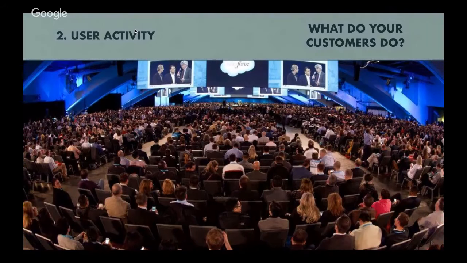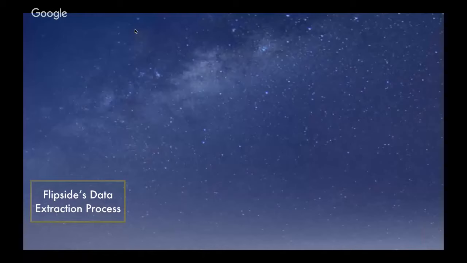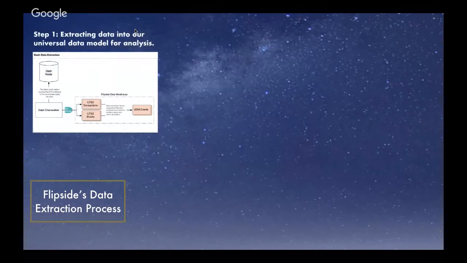Are they retaining them? And so this metric for us is intended to state that over time, crypto organizations will have customers. Many do today, and many are adding them as they move to mainnet, et cetera. But how do we understand the behaviors of those customers, which is what we want to get to? So how do we get to that? This is a little bit heady, but this is our ingestion process. We extract data from the actual blockchain.